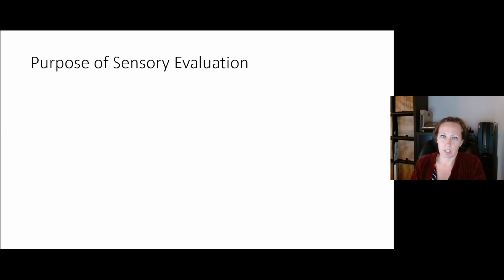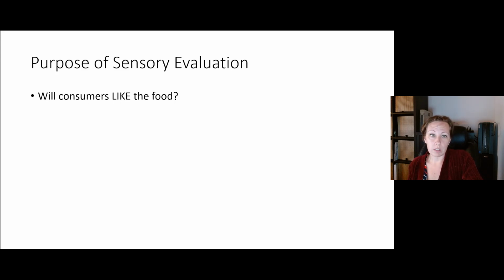Well, what's the purpose of sensory evaluation? Okay, so an obvious point would be learning whether consumers are going to like the food. So this would apply to a new food, like your product development projects, perhaps. You have an idea and you bring it to the table, but what if that actually isn't very good? You know, my taste buds are very different from the general public's taste buds. And so you want to have